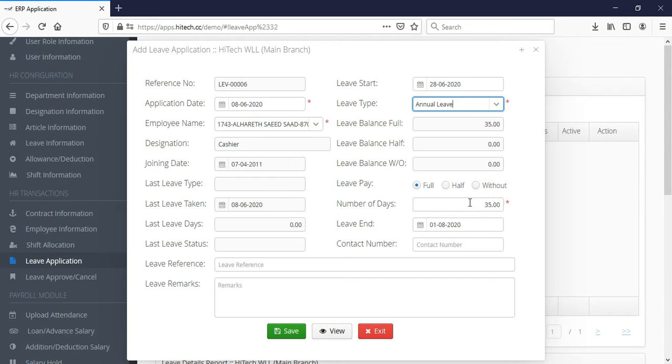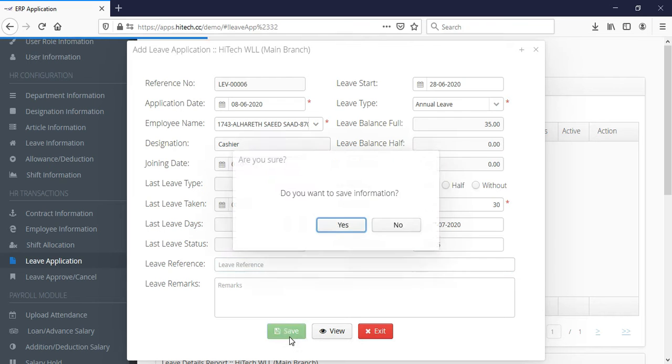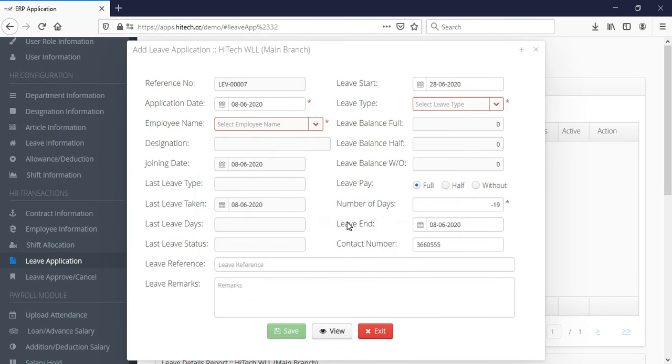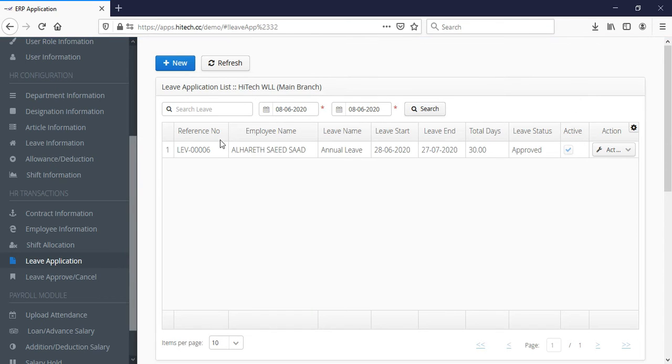So how many days is he going to take? He has planned only 30 days. So if you enter that, automatically the leave end will be 27/7/2020. He's starting on 28th, and the system calculates 27/7/2020. And if you want to write any reference or remarks, you can write, and you can save the information. So once the information is saved, you can see it in the home screen of the leave application,